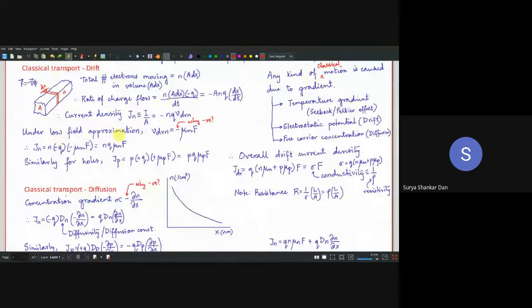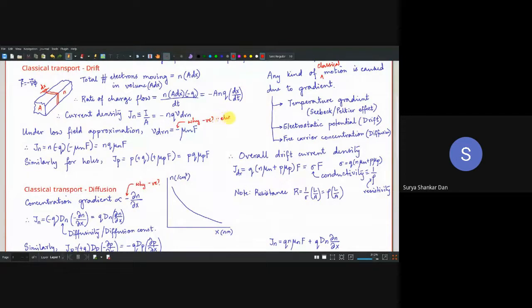Okay, so under the low field approximation, we understand that it is only proportional to the field. That part is clear. ये negative क्यों है यार? Very simple. Remember, electronic charge is negative, and the field is defined for unit positive charge. ये हमेशा याद रखना. Many of your seniors, many of you keep making the mistake in the exams. Field is always for unit positive charge, and the carriers which we are concerned about here right now are electrons, which are negatively charged with minus q. उसका एक value भी होता है. So that means we are always going to have a negative here because we are speaking about electrons,